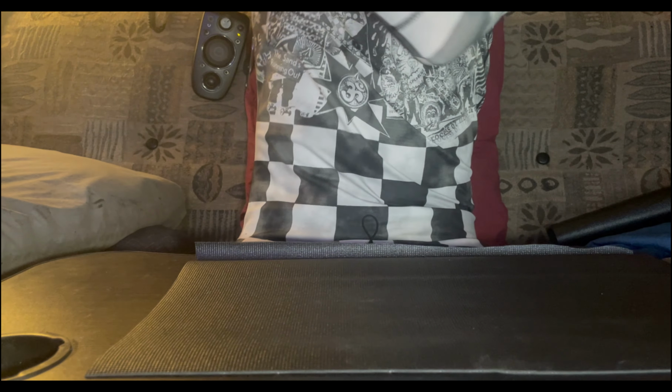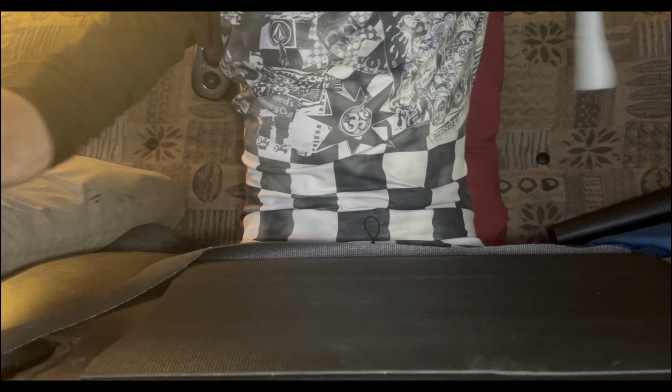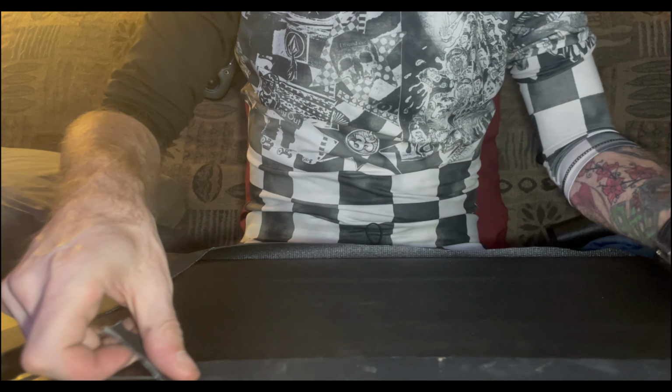I take some gaffer tape. I got some good one here. I'm gonna tape it on my table. All right, so let's do this. Since it's very thick, first thing first,